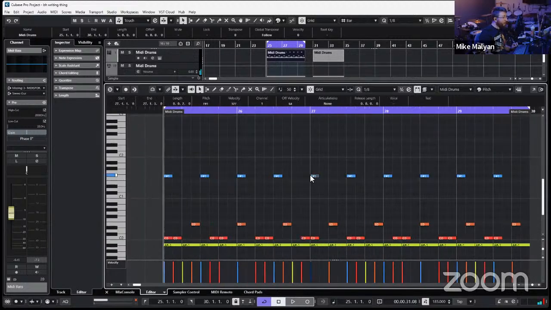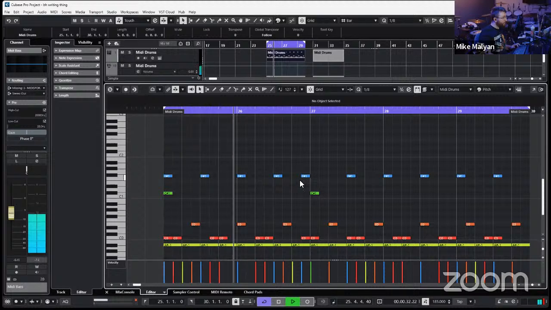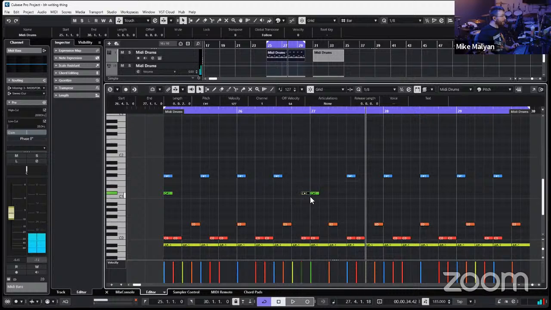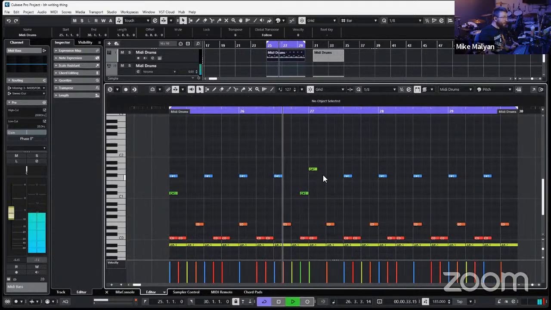So for example, this one, I've got to set that insert velocity back up to full. I might have it so that my right hand and then my left hand goes over these two kicks. This one, it might be just starting the bar. Or it might change to left, right. It depends what sounds right.